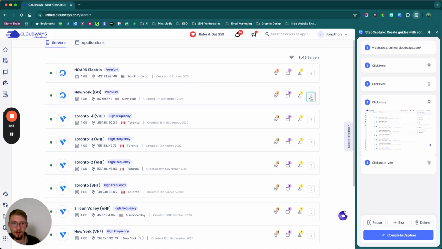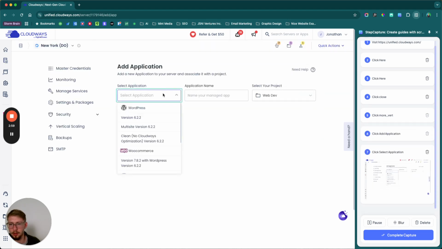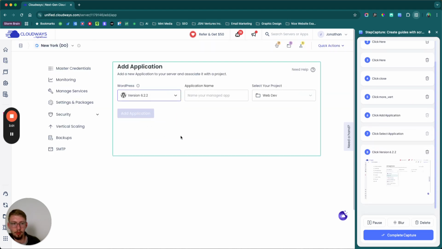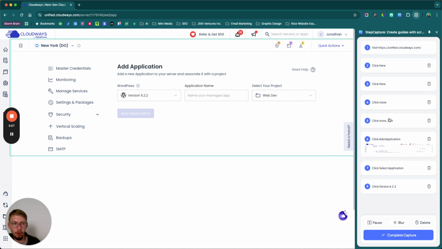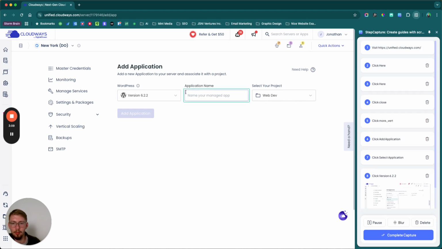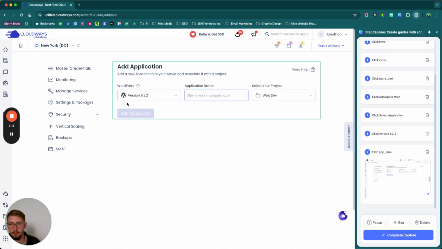If nothing too heavy, click here, add application, select WordPress version 6.22, and as you're doing this, it actually captures the steps. You can edit them on the fly if you want, or you can edit everything more deeply later on. Name your application, select the folder, and then click on Add Application. I'm not going to go through it,